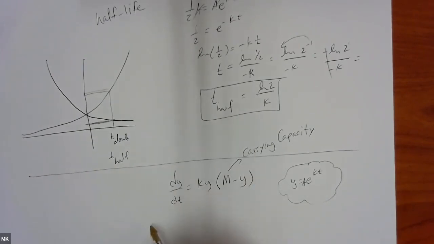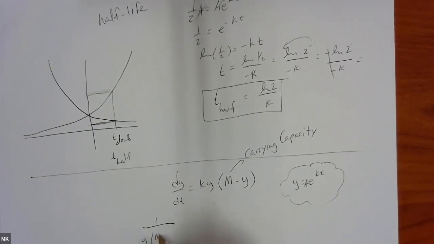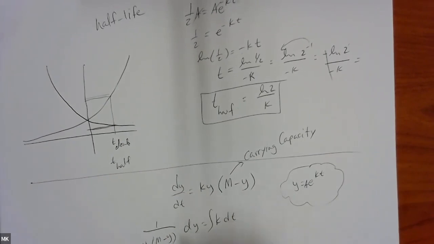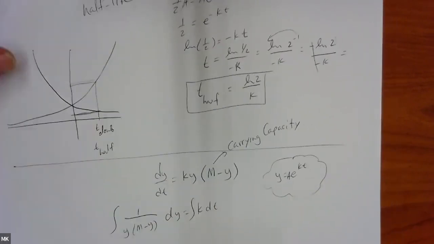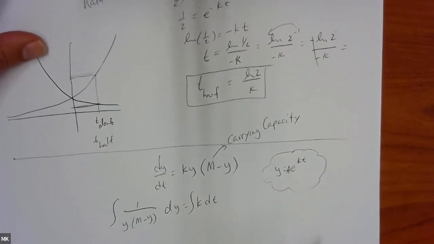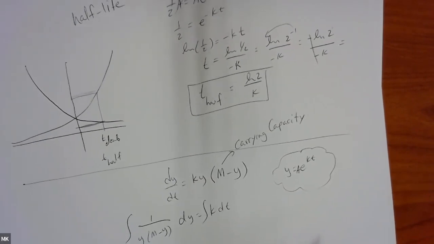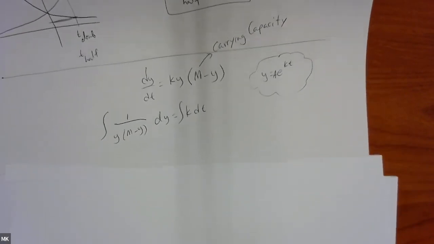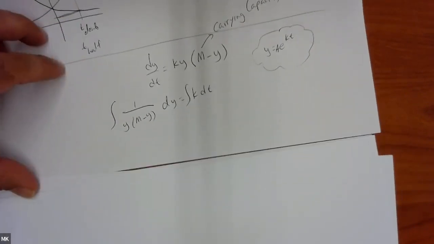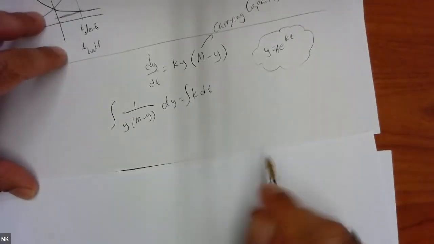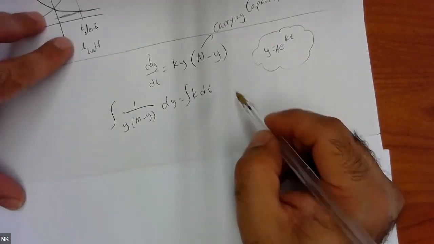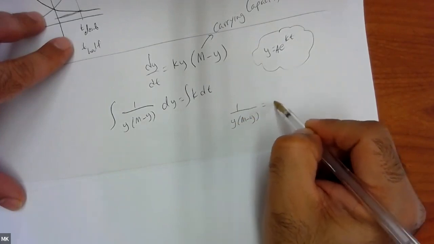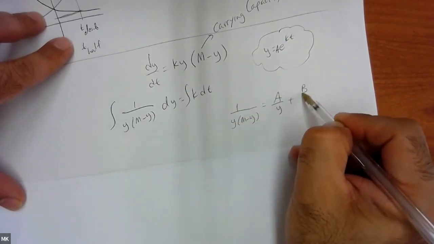Once again, this is a separable model. So 1 over y(m minus y) dy is equal to k dt, and I can integrate the corresponding variables. Now, if you remember from section 7.4 of your book, the left-hand side requires what we call a partial fraction decomposition. So I need to do a partial fraction decomposition on 1 over y(m minus y). So I'm going to say that's a over y plus b over m minus y,